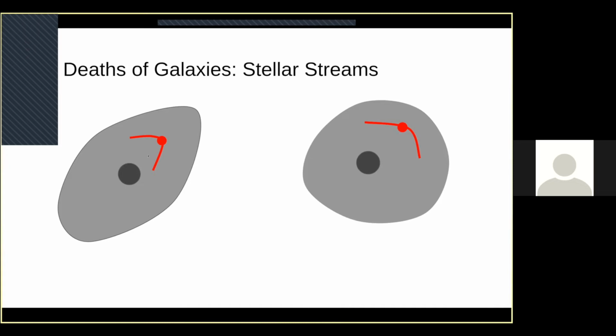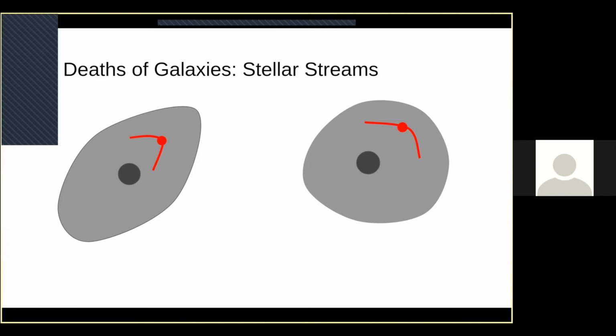So what ends up happening is if you change the shape of the dark matter halo, you'll see these different curvatures to the stream. So here I've kind of made a little bit of a cartoon. And what you can do is you can take a large collection of these streams that you measure, and you can piece back together what the dark matter halo looks like underneath those streams, even though you can't see the dark matter itself. And so this is a very active topic of research that people are really interested in, because we want to understand everything that we can about the dark matter halo, because dark matter is so mysterious and we know so little about it, and it's so hard to observe.